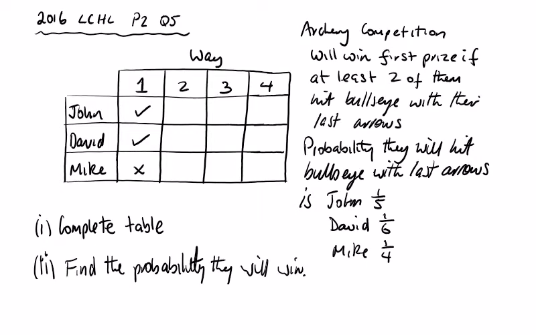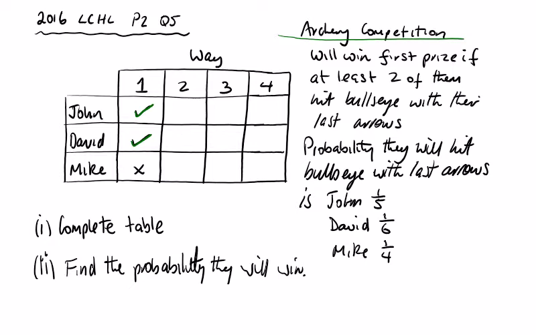Leaving here at higher level. Paper 2, question 5. Probability question. An archery competition. John, David and Mike will win first prize if at least 2 of them hit the bullseye with their last arrows. And you can see here, this was given to you. John and David hitting the bullseye and Mike missing. So find the probability. He gives you the probabilities, fill in the table, and then find the probability that they